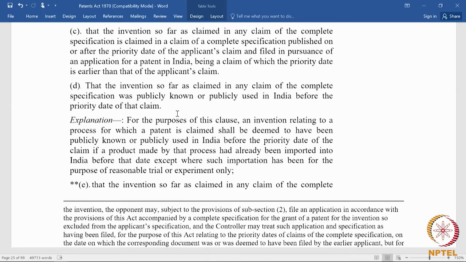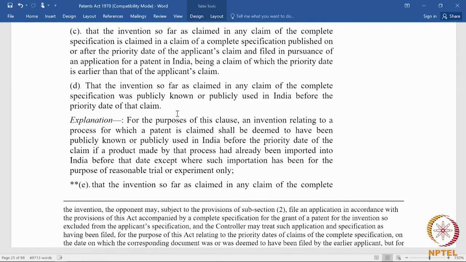D. The invention so far as claimed in any claim of a complete specification was publicly known or publicly used in India before the priority date of the claim. This is the third kind of anticipation. This is anticipation by public knowledge or public use. Anticipation by public knowledge or public use is where the invention that you have claimed was known publicly or it was used publicly. So, public knowledge and public use need not be through documents,